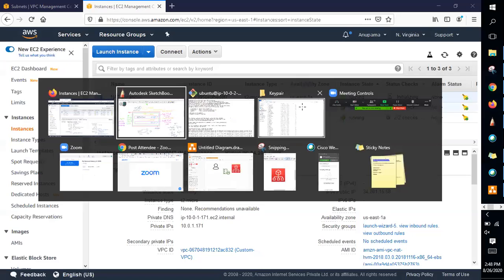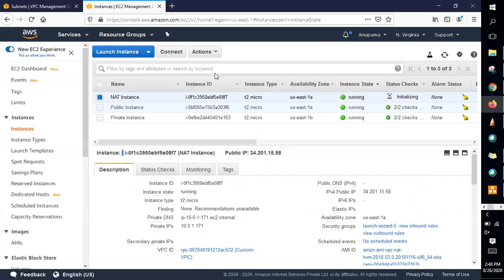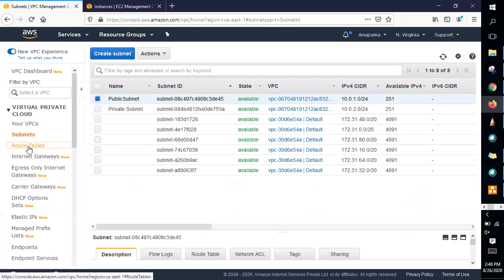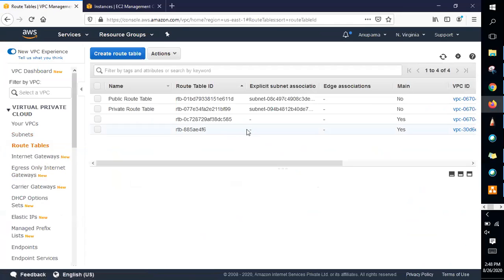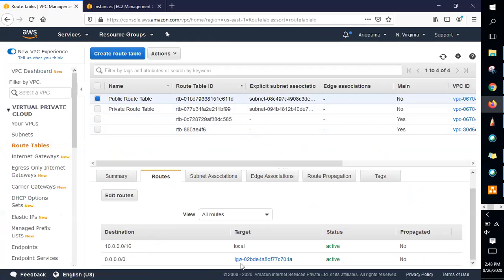Okay. So now we have done all these things, and the last step is adding this NAT as a route in the route table. Then only the instance will be able to access the internet. So go back to the console. Go to VPC, route tables. Click on the private route table this time, because in public we have the internet gateway, right?